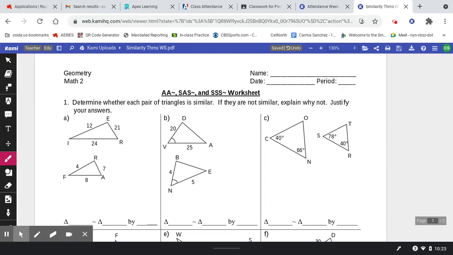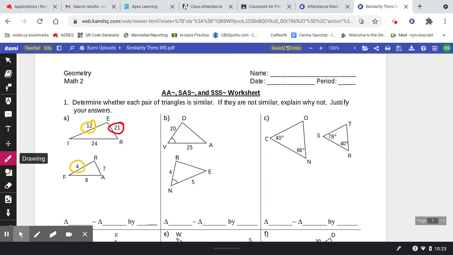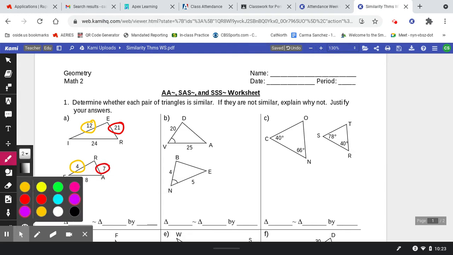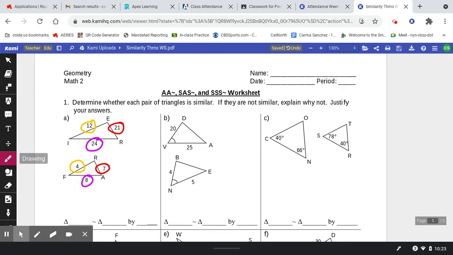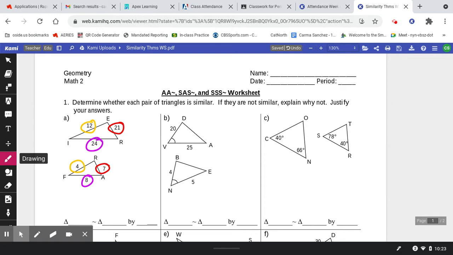Okay, so taking a peek at this first one, notice that three sides are marked. We've got, let me use three different colors here. We've got this side, which we're going to look to see if it's proportional to this side. Remember, we need three equal side ratios. We've got this side and this side. And finally, we've got this bottom side to this bottom side. So let's go take a peek and see if these actually work with the three proportional side ratios. So we can say side IE,